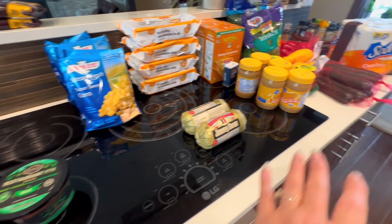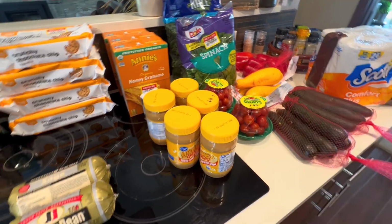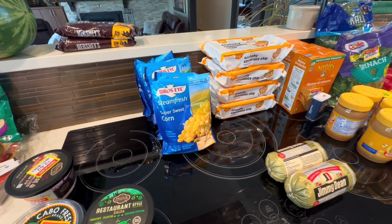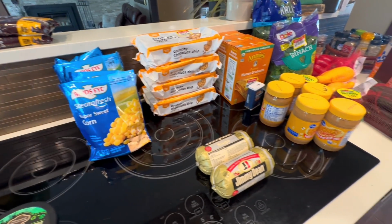And these are just side vegetables that I'll work in. These I'll put in the freezer for sides when I need them. We got lots of dessert for Sunday because we're